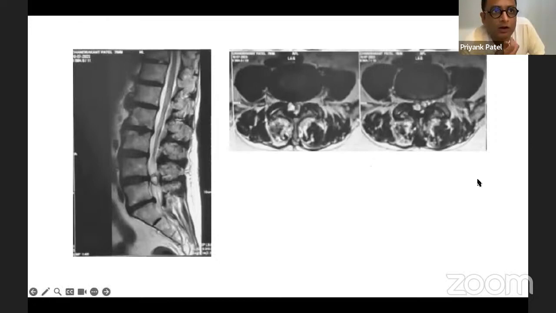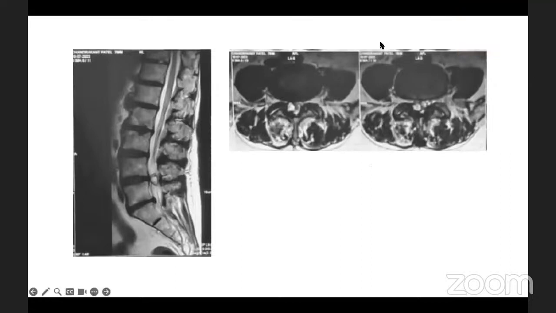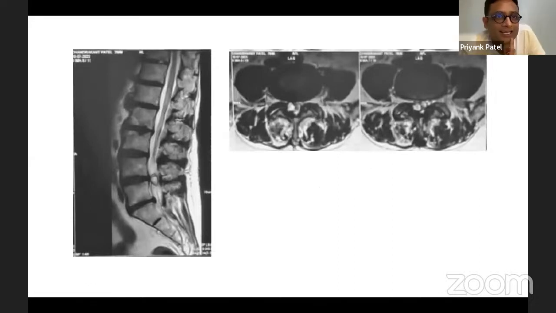Fair. So here we are not very sure. What are the commonest things that you feel can be here? A Tarlov cyst. What is a Tarlov cyst? Tausif, you want to tell? So a Tarlov cyst is most of the time a retention cyst, and it is more in the sacral area rather than in the lumbar area. Correct. So almost always these are CSF retention cysts, and almost always they don't require any kind of treatment